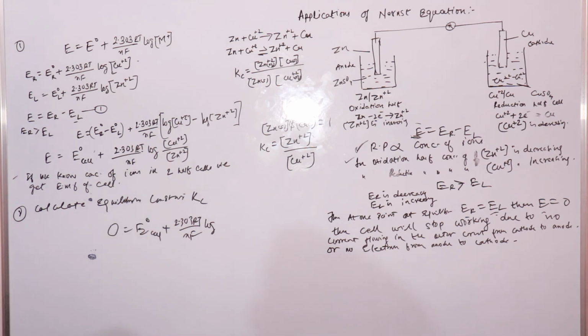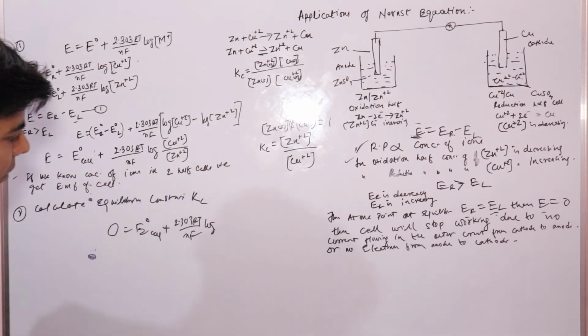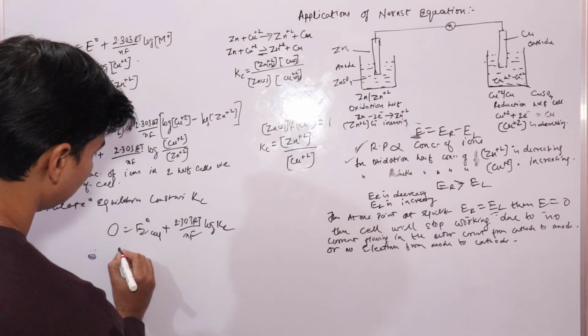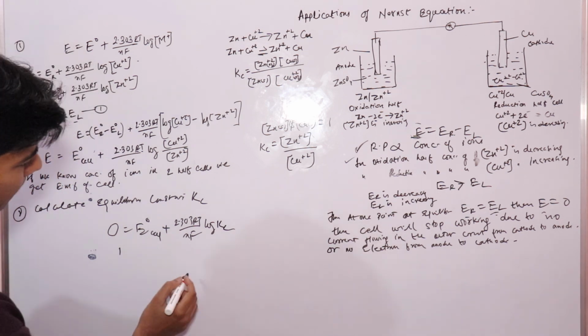Right, I can write this as Kc. This is the value of your Kc. Right. So once you have the value of concentration of ions, this is your ion concentration, so you can replace it with Kc. So E cell, since this is 0,